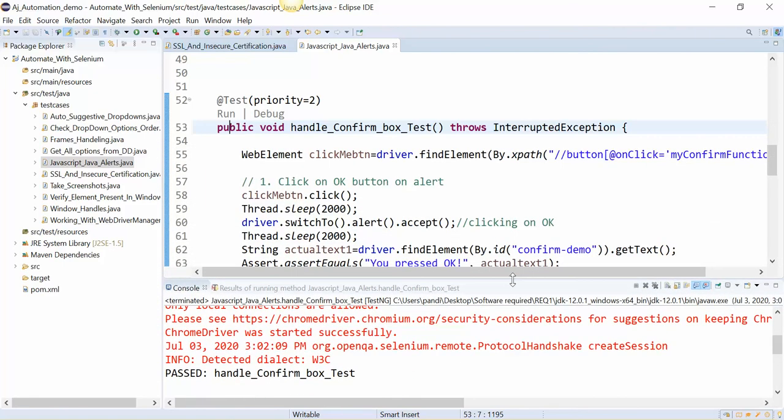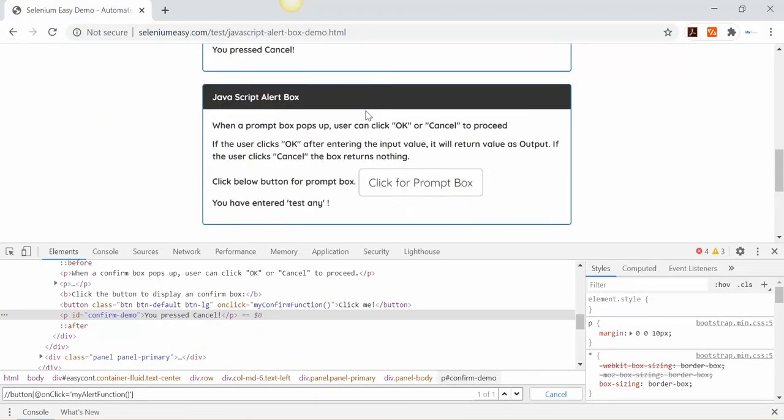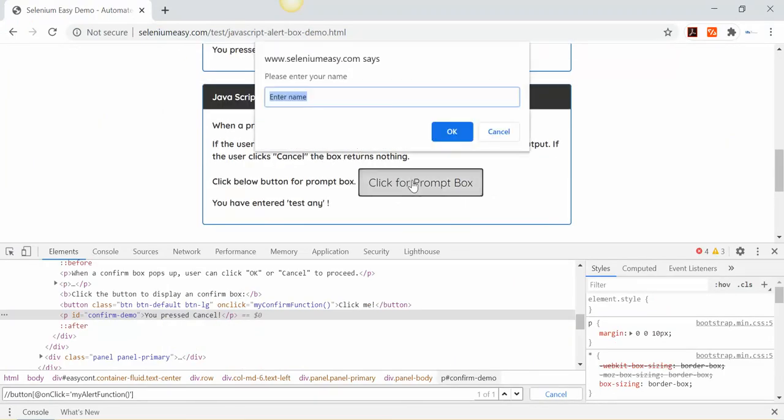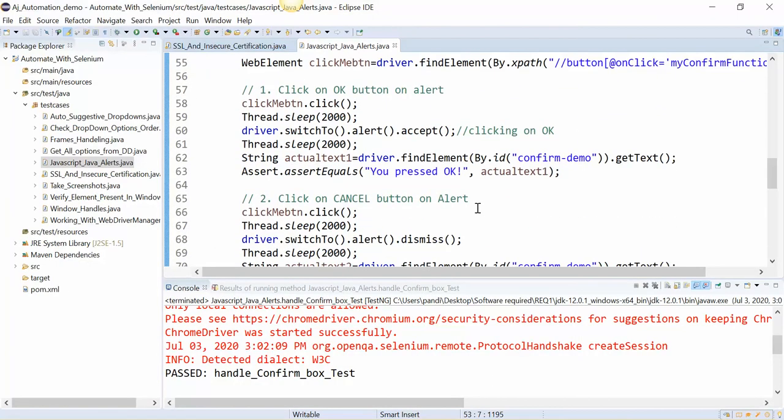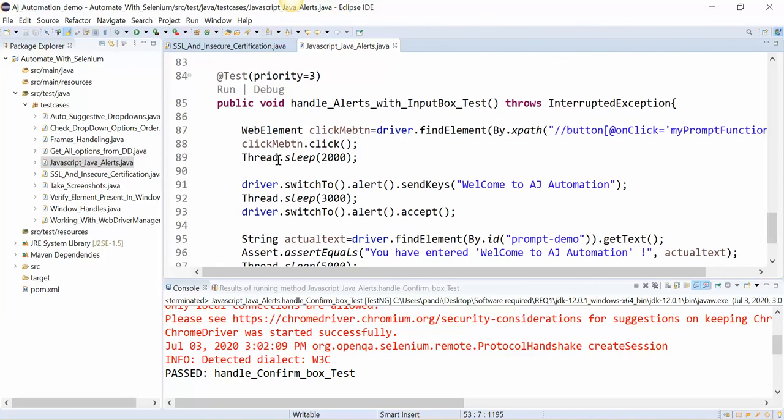Okay, so let us quickly see how you can handle this. So this is the third type, where you can enter the text here. So how to enter a text here? There is a method in alert, the send keys method, in similar fashion.